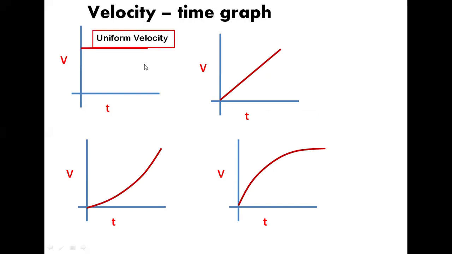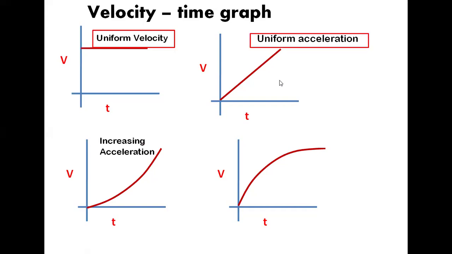Second one shows uniformly increasing velocity. So this is uniform acceleration. Third one, the acceleration is increasing because gradient is increasing. It means this is non-uniform acceleration. The fourth one is also non-uniform acceleration, but here the acceleration is decreasing. Here it does not mean body is slowing down. It means that body is still speeding up, but the rate at which body is